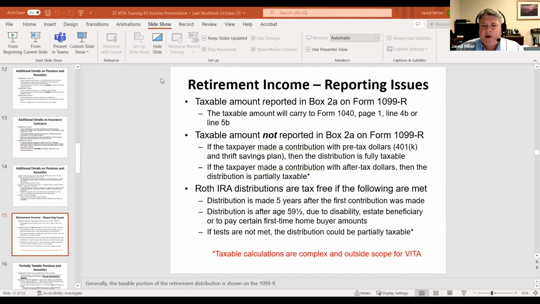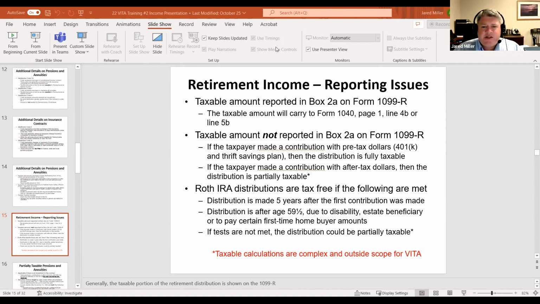Now, again, the look you're probably going to get back is somewhere between confusion and bewilderment. They don't know if you're speaking English. That is fine, because the answer should hopefully be no. Hopefully, they did not have the opportunity to put after-tax dollars into a retirement contribution account. One, it is very hard to do. Two, it makes that return impossible for us to do within VITA. So if they come back and say, no, I've actually put some after-tax dollars into my retirement account, then we have an issue: we cannot prepare the return within the VITA program. We have to give them their information back and send them off to a qualified preparer.